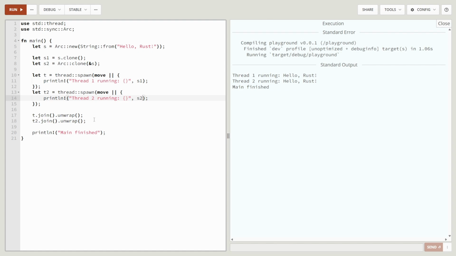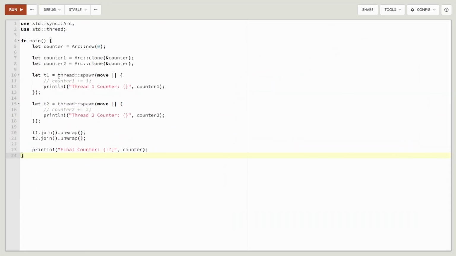But there can be a situation where we need to share as well as mutate the data within the thread. Suppose we have a counter and we want to increase the counter by 1 in the first thread and by 2 in the second. To mutate, of course, we need to have the ownership, so we need to use the ARC smart pointer. But we can't really mutate counter 1 and counter 2 because these are just smart pointers and don't support